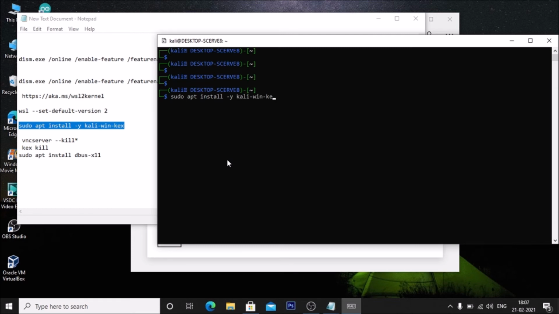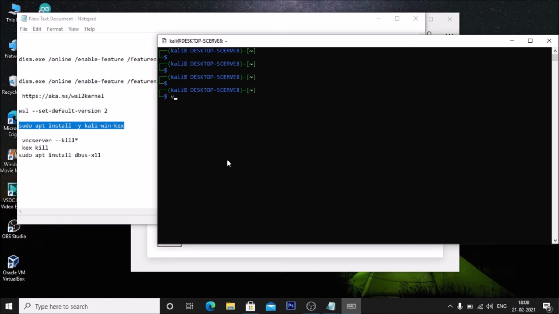After that friends, we need to install the dbus-x11 package, otherwise it will show us the dbus error. After installing the kali-win-kx package, we need to run the vncserver kill command.